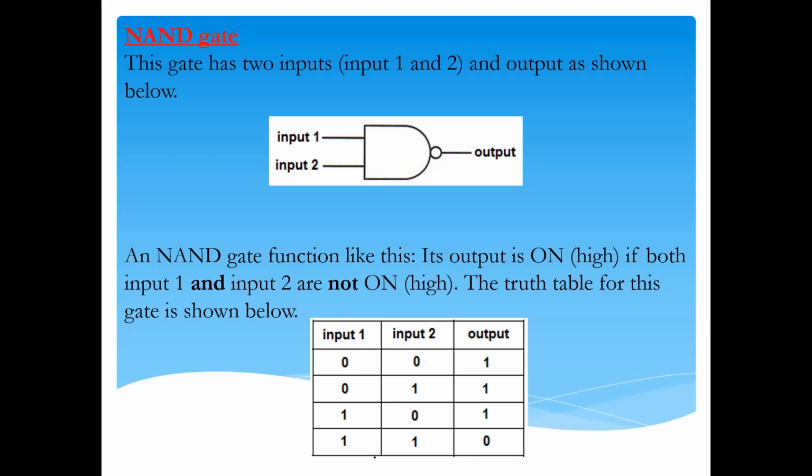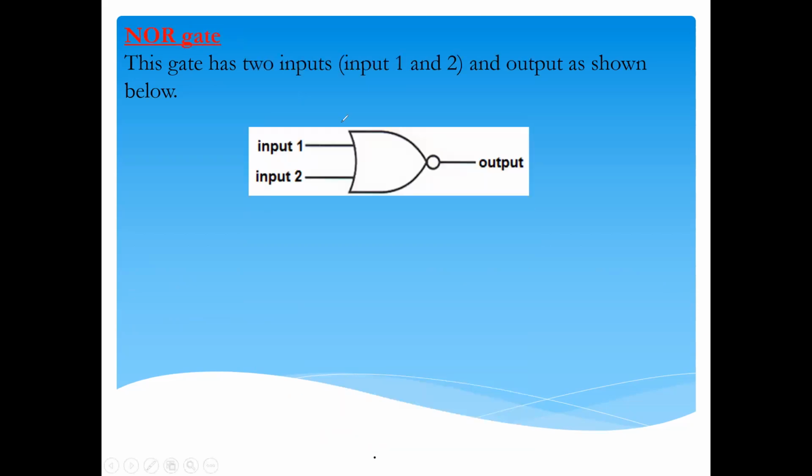And the final gate is known as a NOR gate. What is a NOR gate? A NOR gate is actually a combination of OR and NOT. And how do we get the result for an OR gate? The OR gate result is by addition and that result is inverted. So for example,